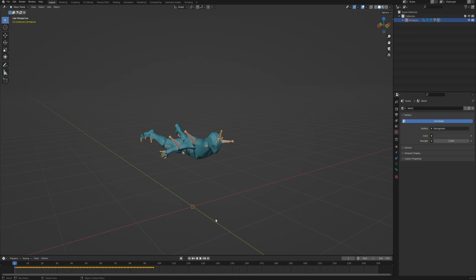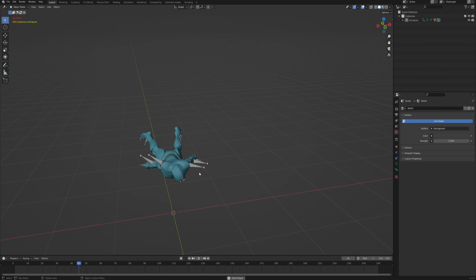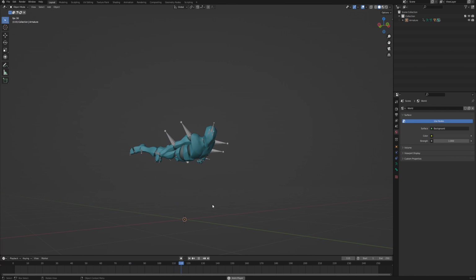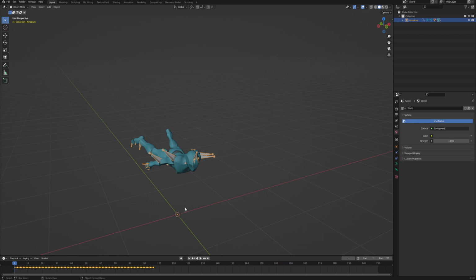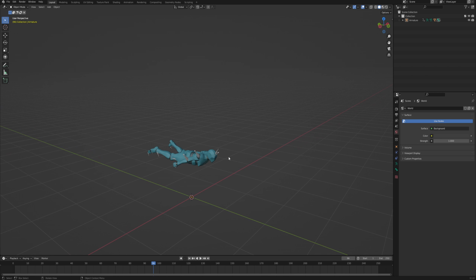Now, one thing that we want to do right away is, when you select the armature, you can see that the keyframes only go from 0 to about 96, and after that, the mesh is just frozen, basically. So what we want is to make it loop. With the armature selected and all the keyframes selected, while hovering with your mouse over the timeline, hit Shift E and choose Make Cyclic. That will make sure that the animation is looping nicely so that we don't have any problem when it comes to the animation length, because otherwise we would have to shorten our animation to 96 frames. So the first step is done.